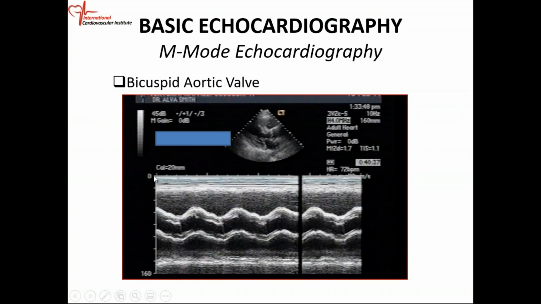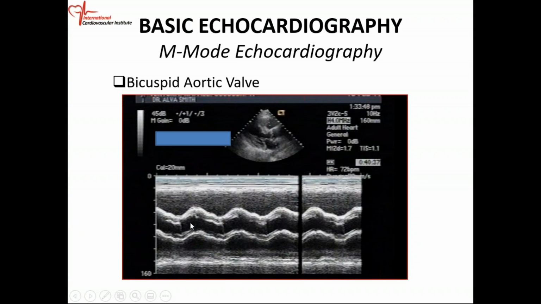So this is a classic case. In this one, the aortic wall is thickened, because, again, you need to look at a lot of normal M modes so that when something is abnormal, it stands out. So this anterior aortic wall is thickened. The posterior wall is also thickened, and the aortic leaflet is not very thickened. You can see it's fairly thin.